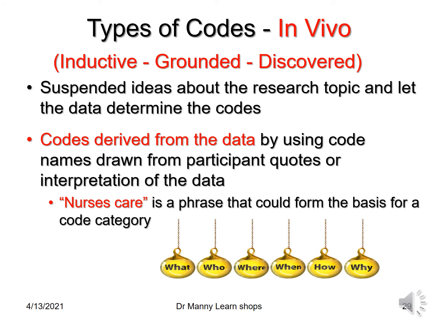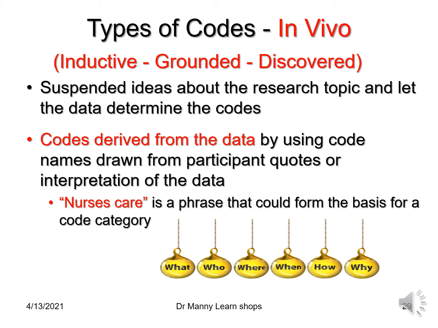Then you've got in vivo coding. And typically this can be inductive, grounded, or discovered. And this is suspended in ideas about the research topic and lets the data determine the codes, which means it's new. The codes are derived from the data by using code names drawn from the actual participant quotes or interpretation